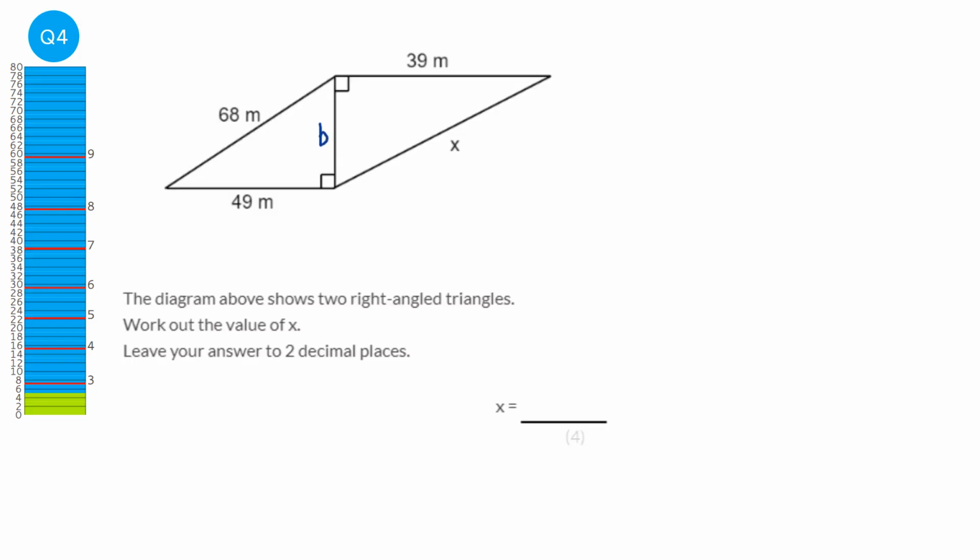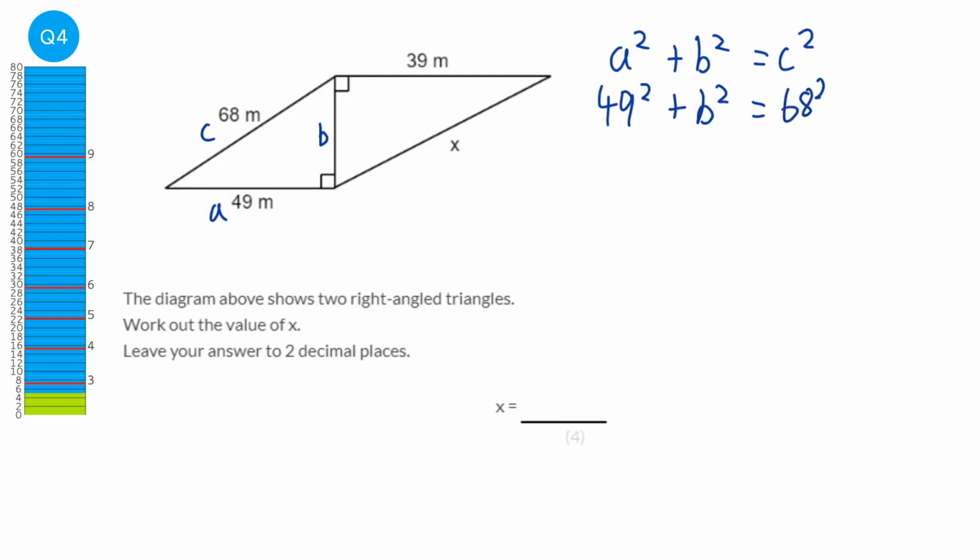We can't work out what x is straight away, but we can find this value here. And we know with Pythagoras we can find a third length if we've got the other two in a right angle triangle. So a squared plus b squared equals c squared. And a and b were labelled. c is always opposite the right angle, so it'd be 49 squared plus b squared equals 68 squared, and 49 squared is 2401, and 68 squared is